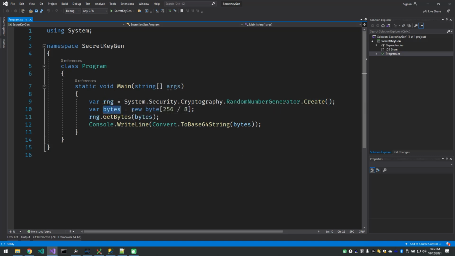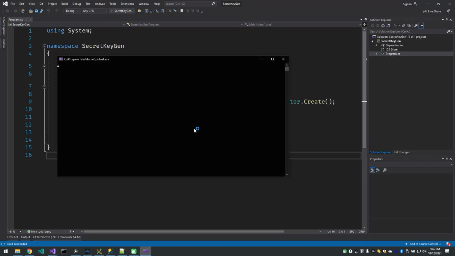We create a variable that will hold an array of bytes. Think of the array of bytes as a bucket that's going to hold our random secret. So we then tell the generator, get me some bytes, and when you get them, throw them into that bucket. So you're kind of passing the bucket into this generator. And then after that, all we've got to do is convert these bytes back to a string, and we use base 64 encoding, which is going to give you alphanumeric, and it will give us a string we can use as our secret. So if I run this, all that we're going to see is this Console.WriteLine,